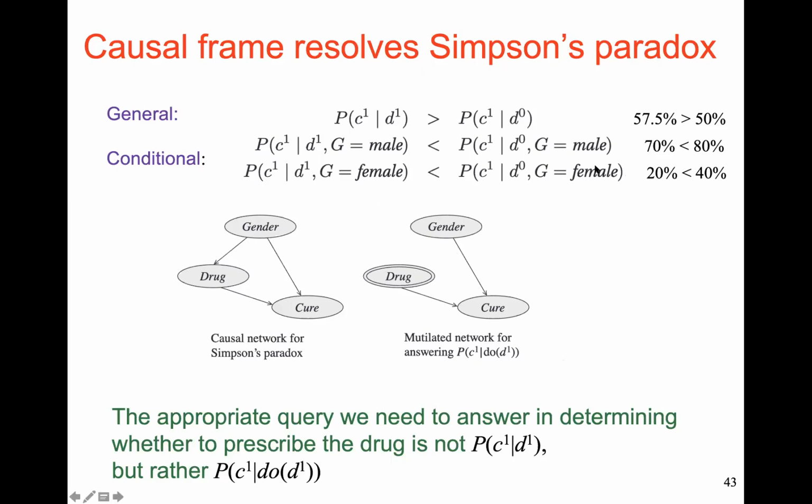Even if the two populations were the same, male and female, 50-50, a balanced data set, still you're going to have this contradiction. That is because of the influence of a variable that is a confounding factor, and the way to deal with it is to have an intervention that gives the drug, rather than probabilistically using that the drug was admitted based on the gender and so on.